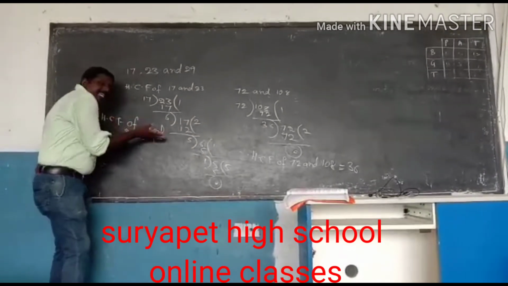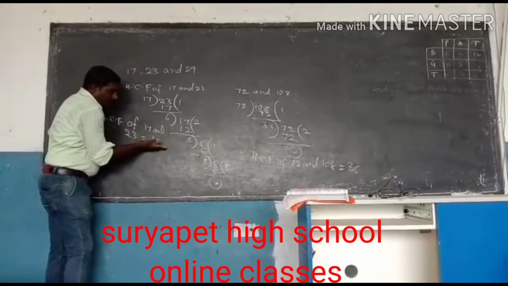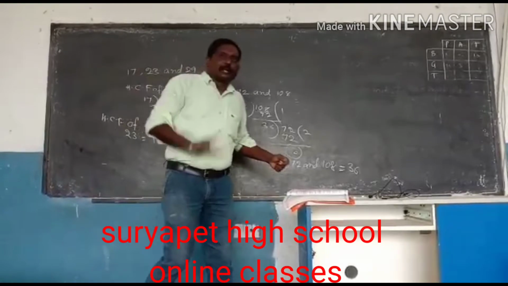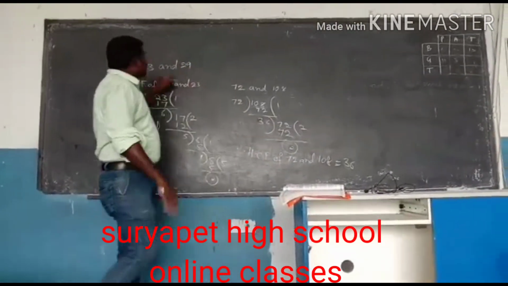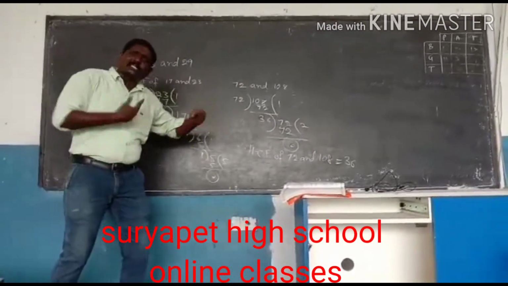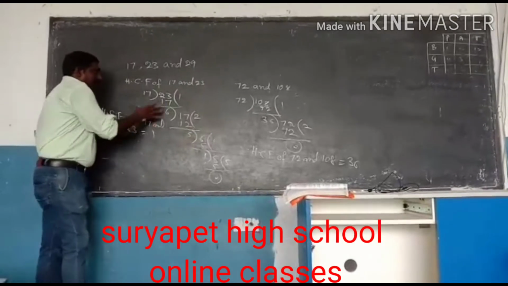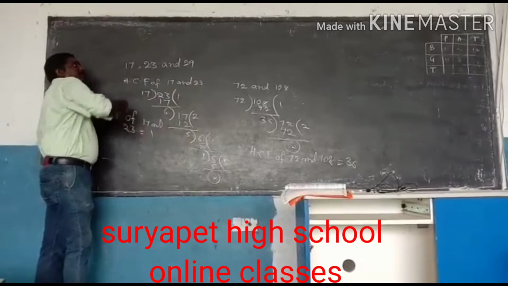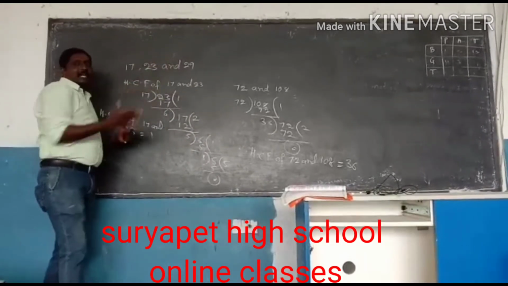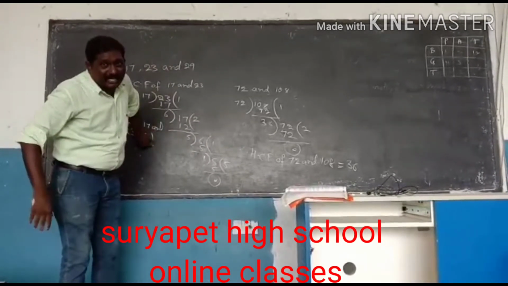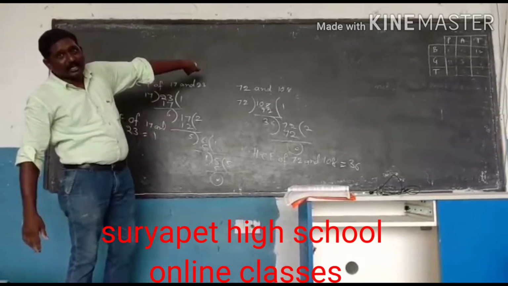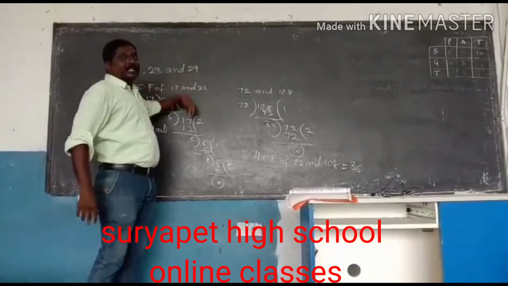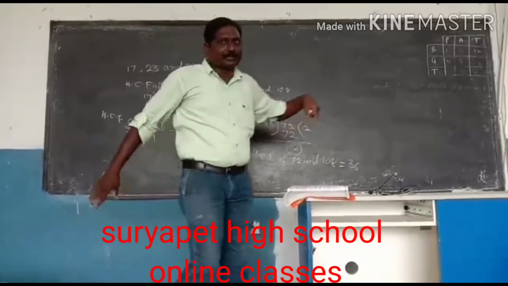By using this HCF answer, again we want to do the other thing. If we are given 4 numbers, also the same procedure. After the completion of these 2 numbers, using this HCF answer only, you want to do the HCF with the other number. Means this HCF answer and the other number. If there are two more numbers, after the completion of these 2 only, you want to do the other number.